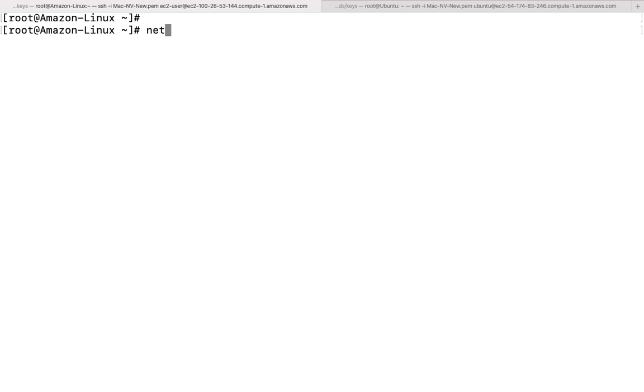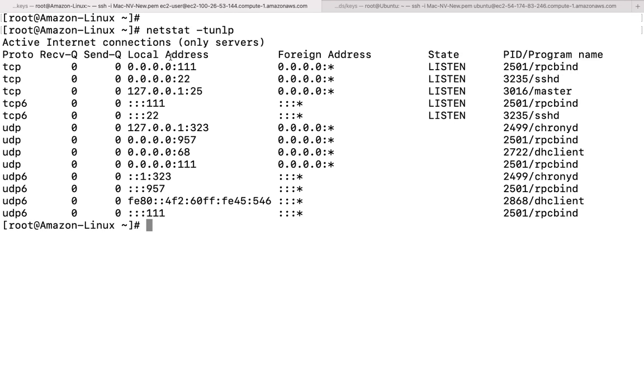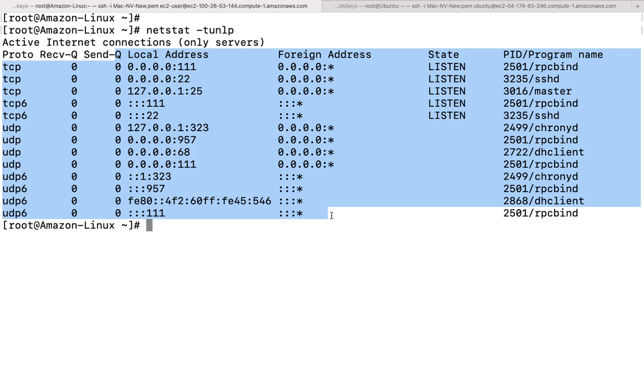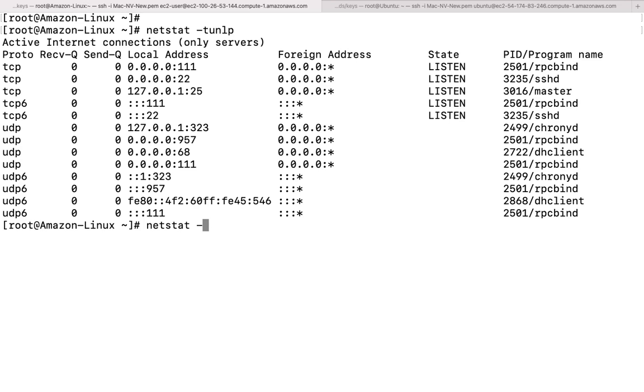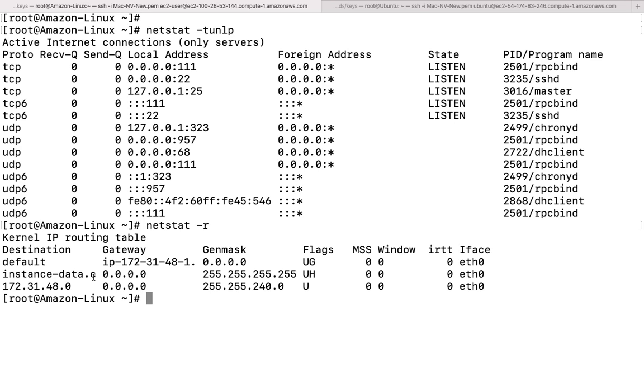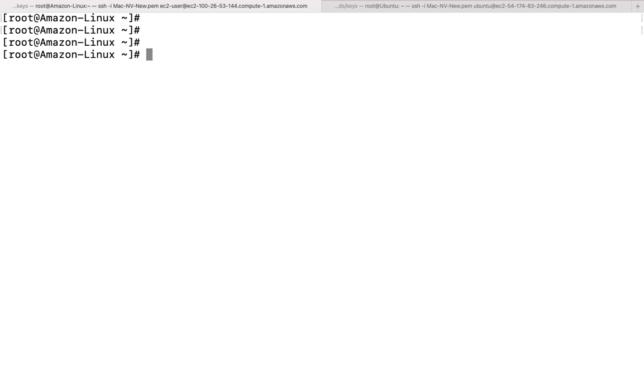Okay, so we have the netstat command here. The netstat command is going to tell us what the particular open ports are on this server where I'm working right now. So this command is used to check the open ports. Moreover, if you have to check the particular routes, what routes we are using, what the gateway is, what the mask is, what the flags are, what interface we are using, what the net mask is for this particular gateway, this sort of information we can gather with the help of the netstat command, right?